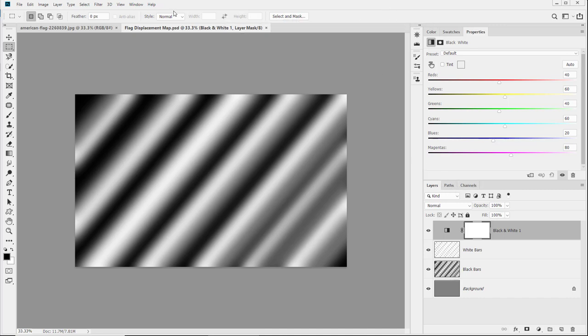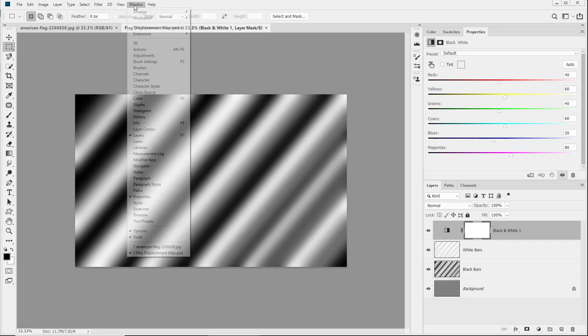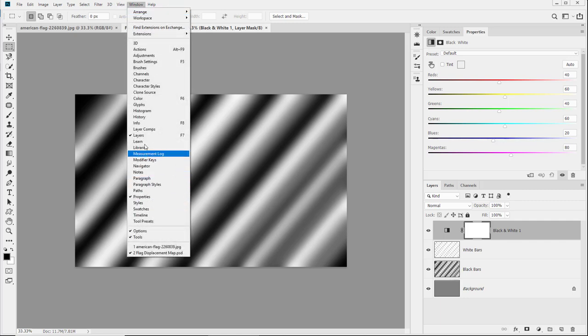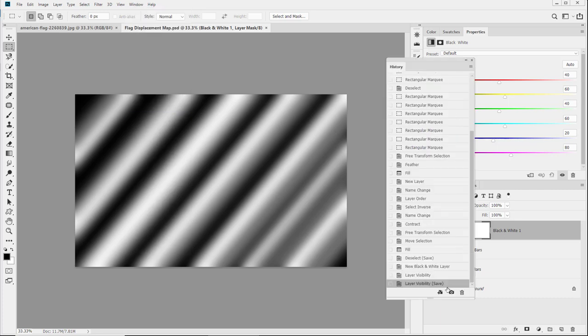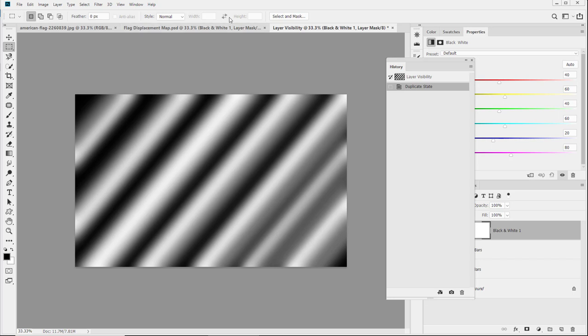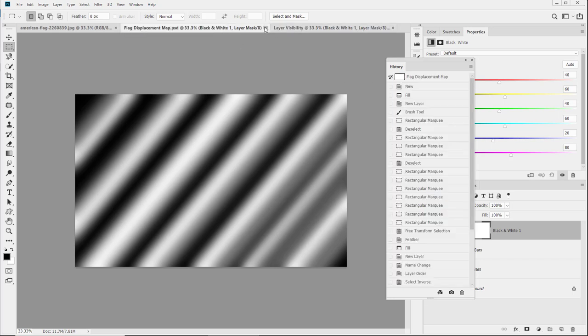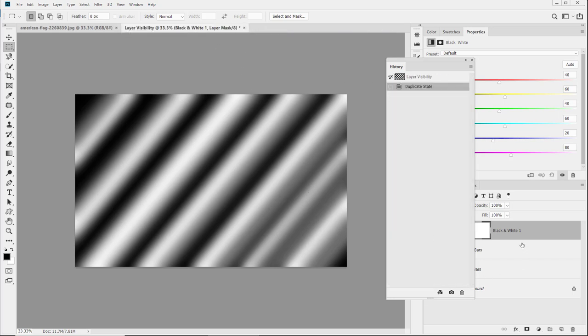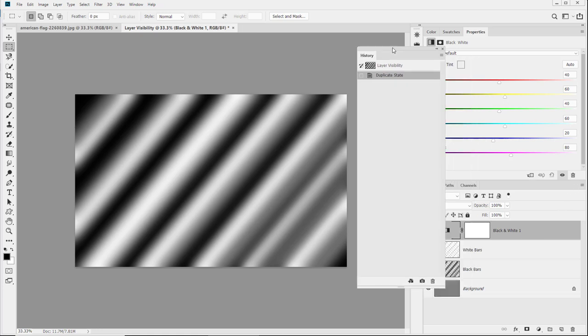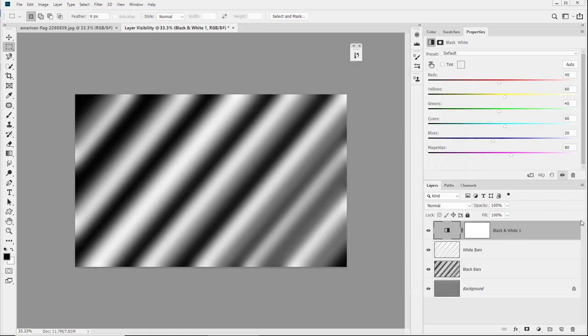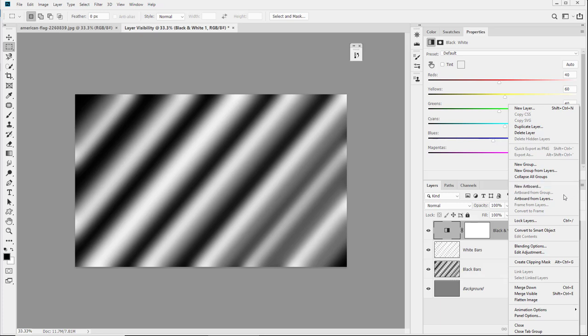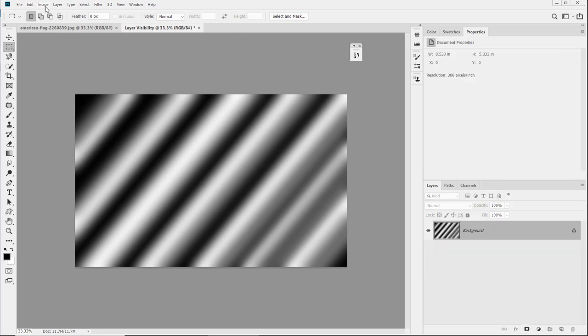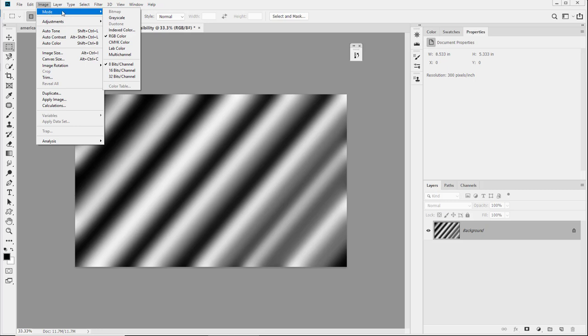So I'm going to go to my favorite method, which is just go to my history window under Window, History, and then click on the create new document from current state. So now I'm in a duplicate of the flag displacement map. Now I'm going to flatten this entire thing, get this history out of the way, flatten this entire thing, and my layers fly out, flatten image, and I'm going to go to Image, Mode,